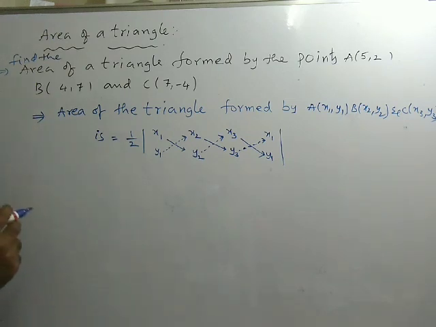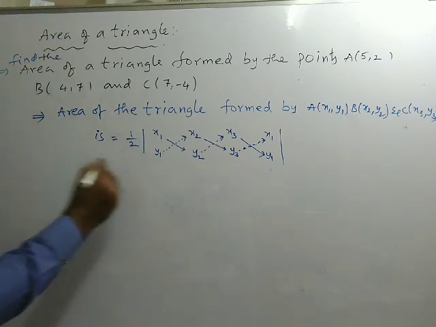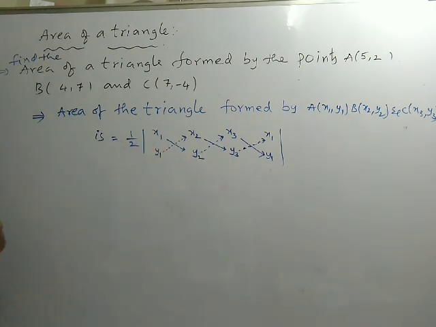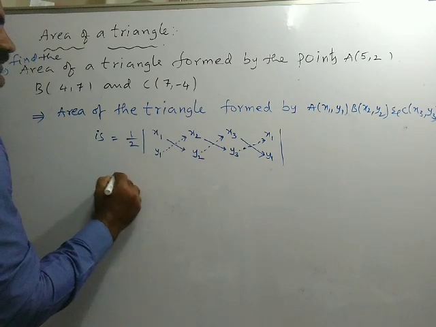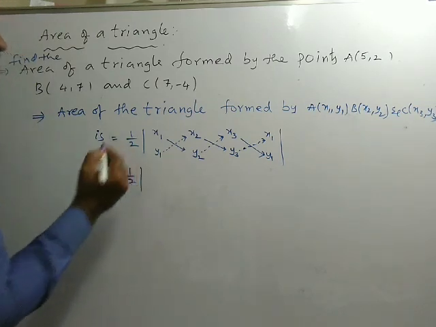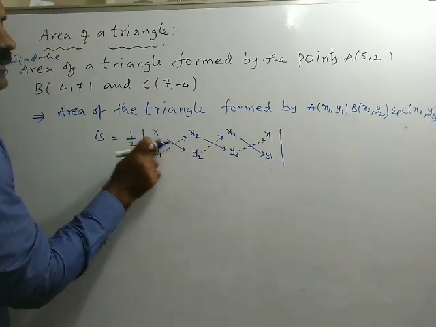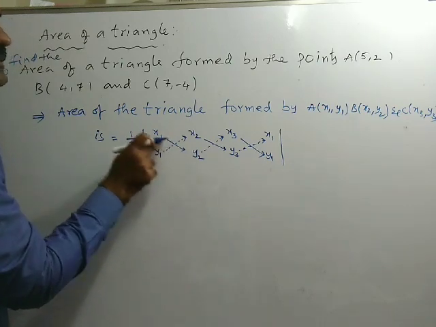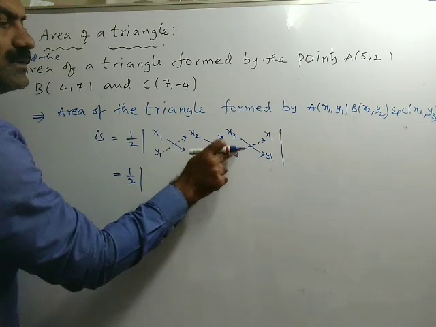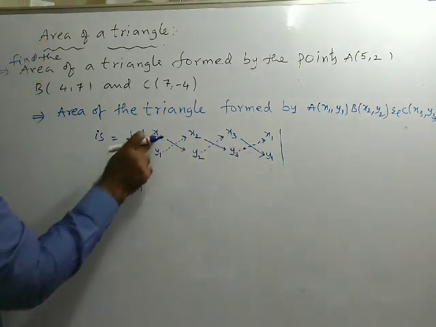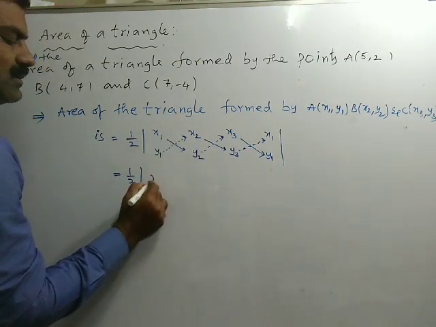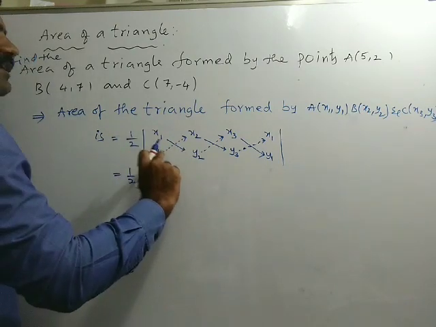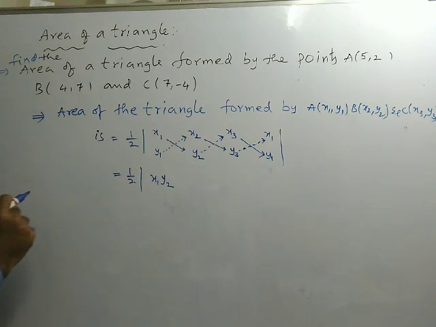Now let us see how to simplify this. This is also one of the formulas to find the area of a triangle. The simplification is nothing but the product of these two. This arrow indicates we need to multiply these two, similarly these two and then these two. So now x1 into y2, you can multiply that. And the dotted arrow ones also you need to multiply.